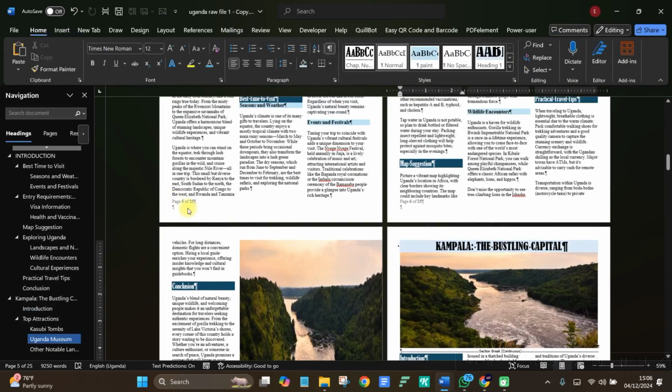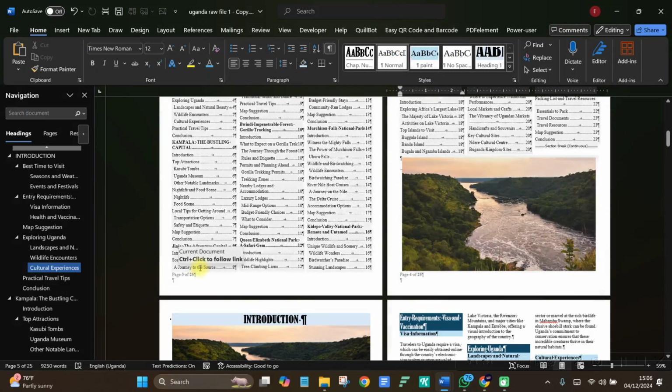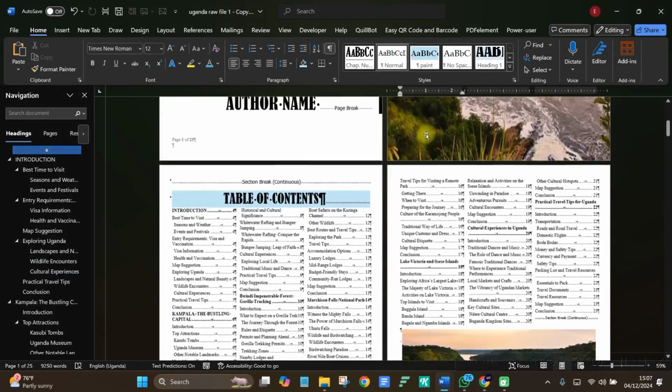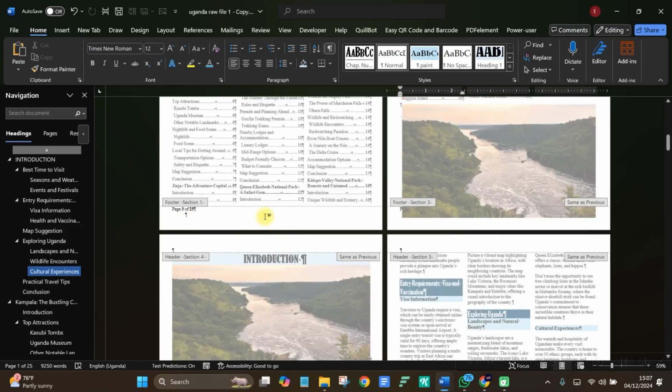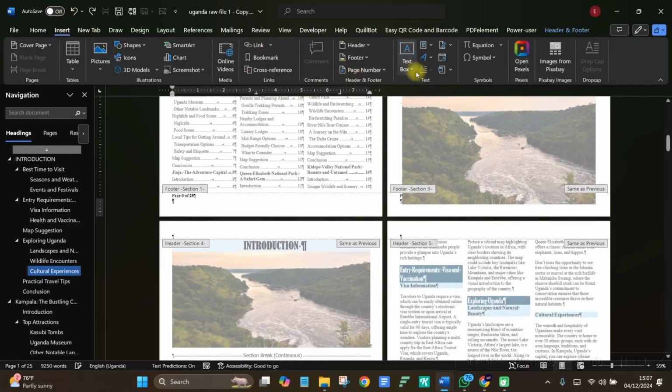So this is page 5 of 25, page this of that, page this of that, page of so you do that. Then the next thing you're going to do is to double click anywhere on the header or where the page number is. Double click anywhere where the page number is to open the header and footer. Yes, like that. After that, you're going to go ahead and click on insert, pick a text box, and then